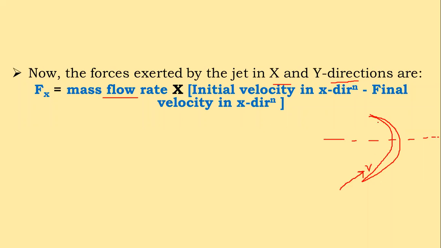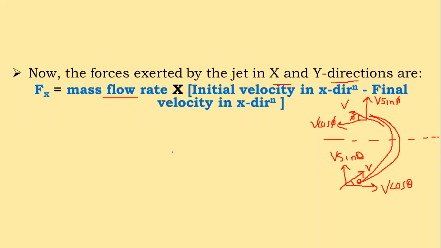So this is velocity v with which it is entering. This is velocity v with which it is leaving. Both are same. Velocity is same at the inlet and outlet. Now here, this is angle theta. This here is angle phi. This will be v cos theta and v sin theta, two components. And here it will be v sin phi, and here it will be v cos phi.